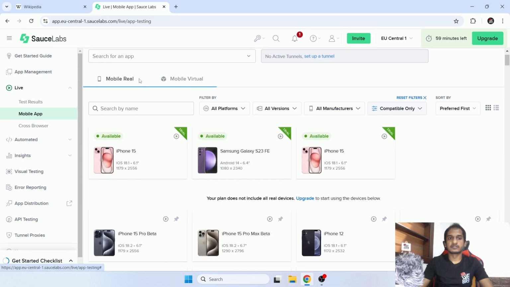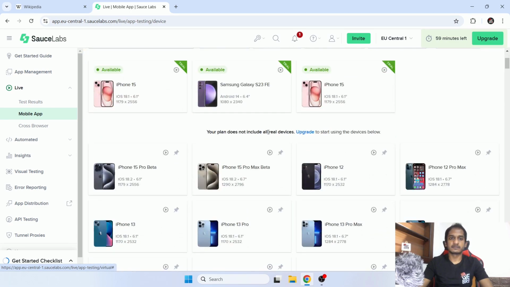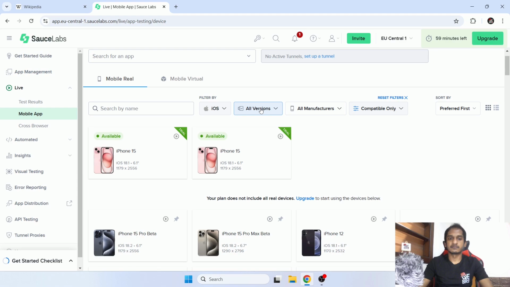Here there are two options again, real device and virtual machine. You can decide between those two whether you will test on a real device or you will stick with a virtual device. So let's try out a real device. If you select real devices, then the filtering options are available, based on Android or iOS. Let's say I will go with iOS. Then here is the option for iOS version. Since Apple is the only manufacturer with iOS,